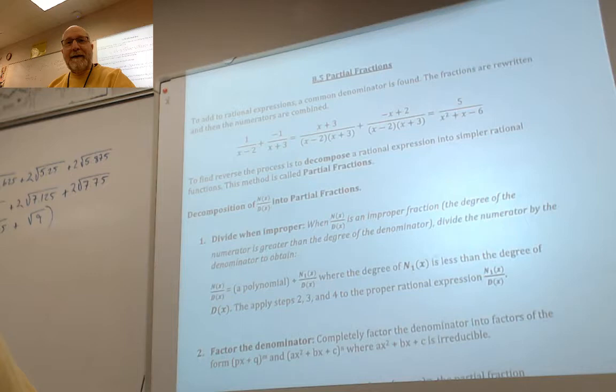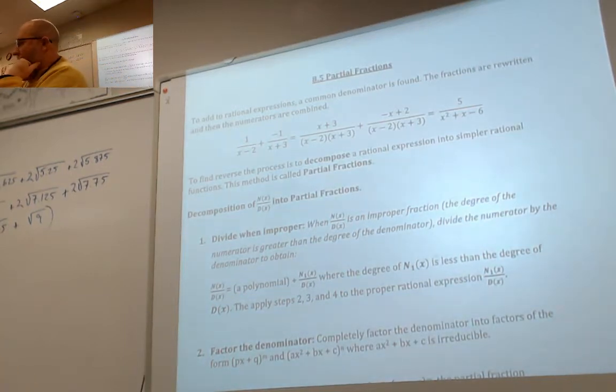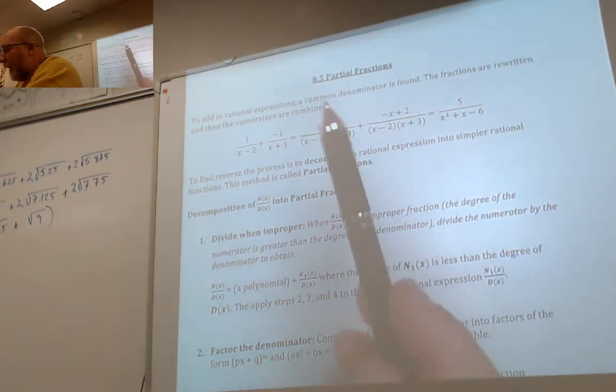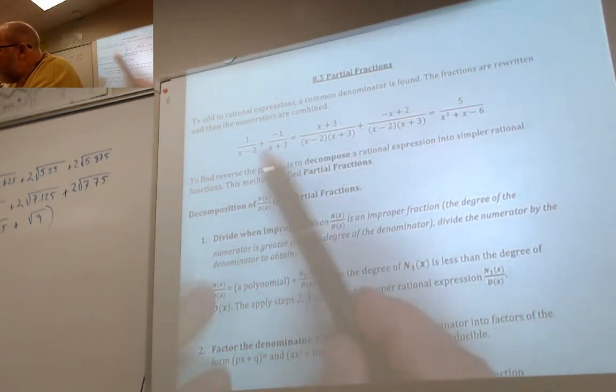And today's topic is partial fractions. So the idea is this. We have some type of situation in which we have a function on top and a function on the bottom. We call that a rational function. And this will only work if you can factor, all right? And if you take a look, I have two fractions, and here's the idea behind it,